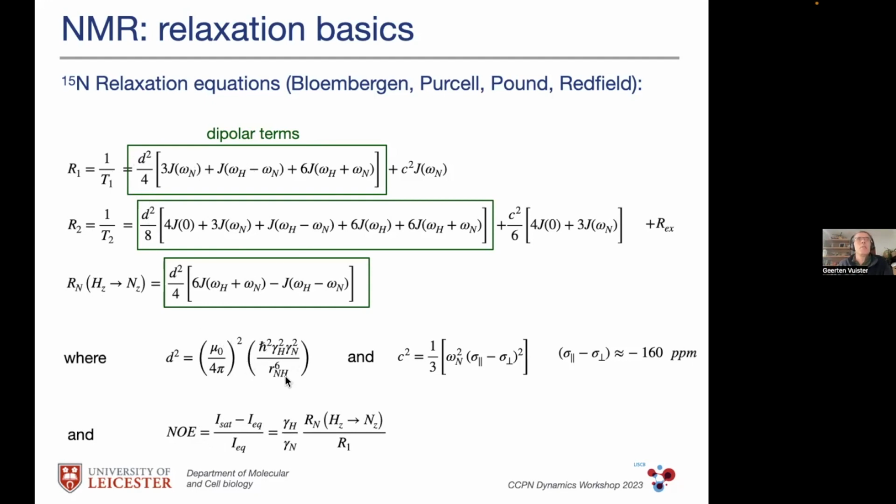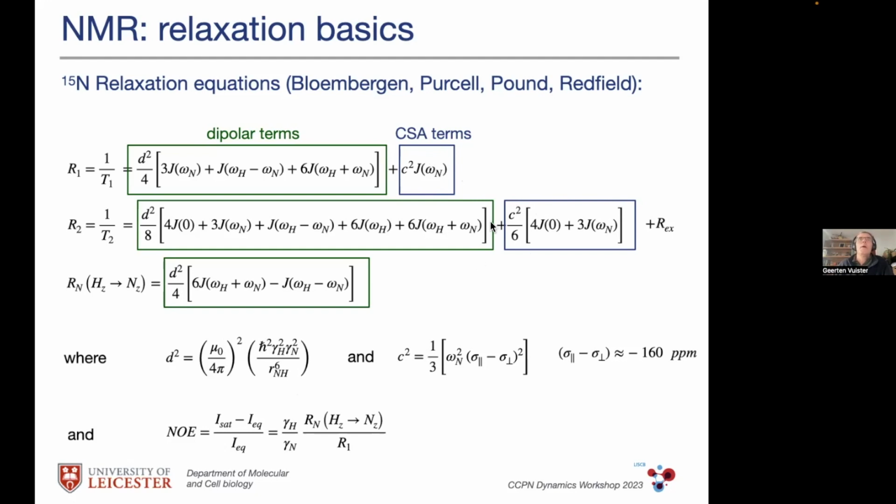This is this d squared, which is the same thing that we saw for the NOE, which I put on the board, and for the Hamiltonian. So that's where it's from. Those are just constants. Well, the r is the distance between the nuclei, but for all practical purposes, that is a constant as well. Then we have parts which originate from the chemical shift anisotropy, which is shown over here